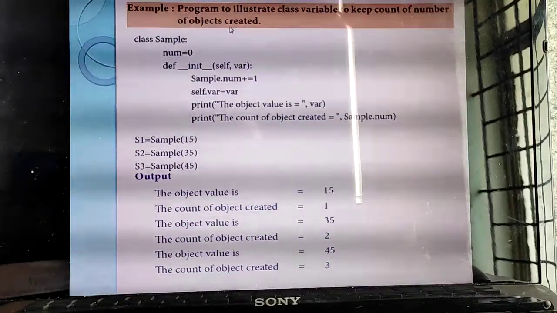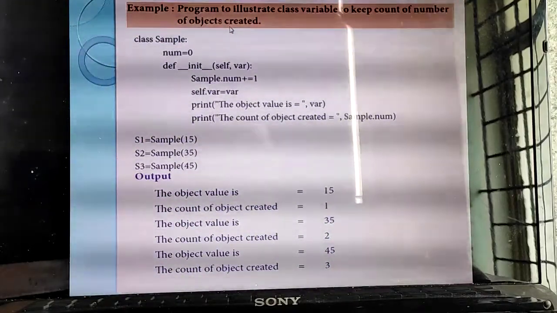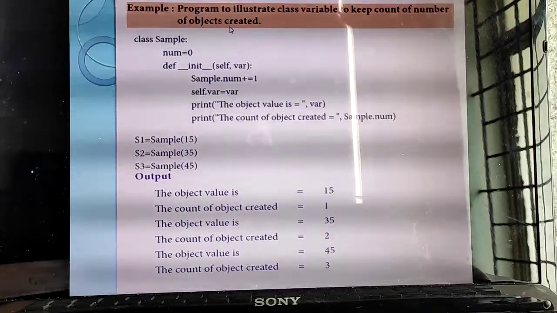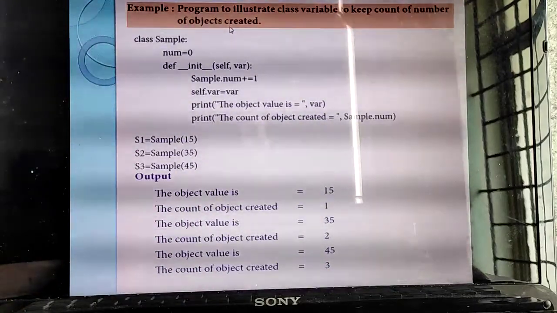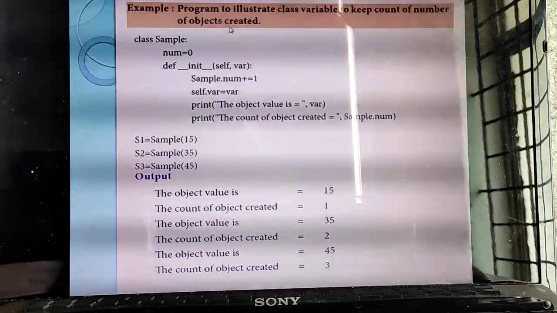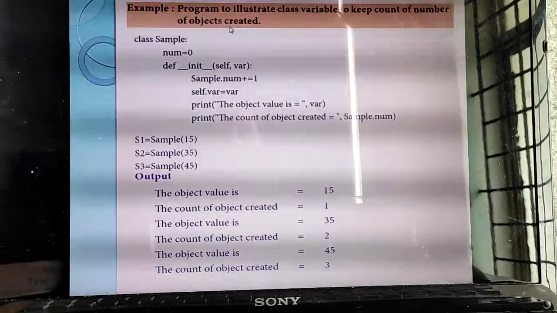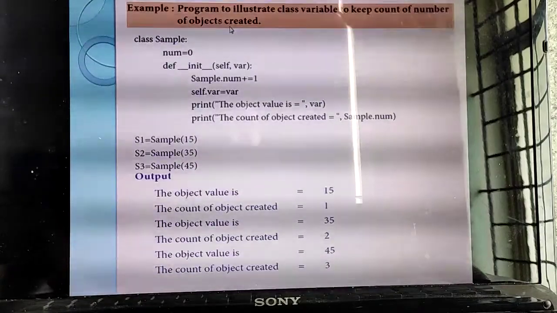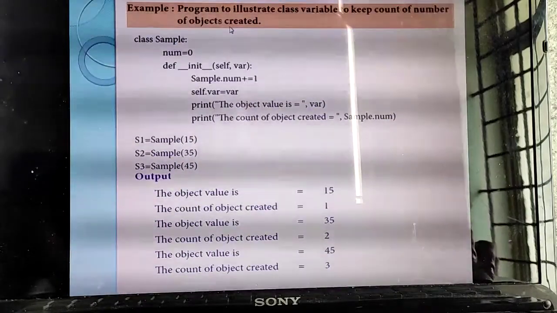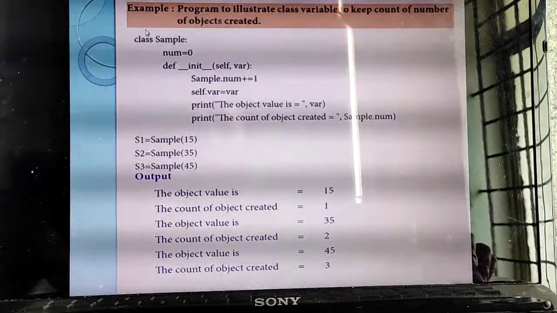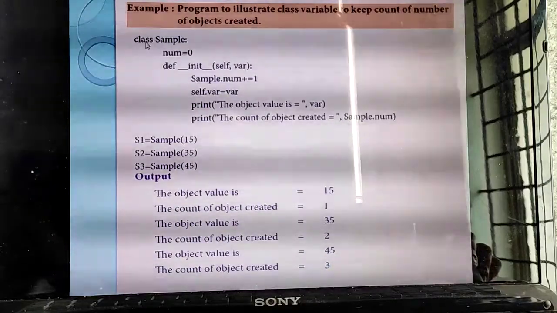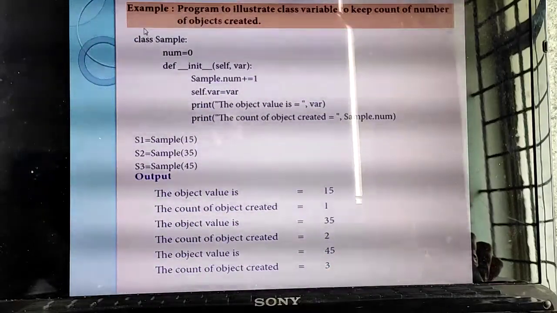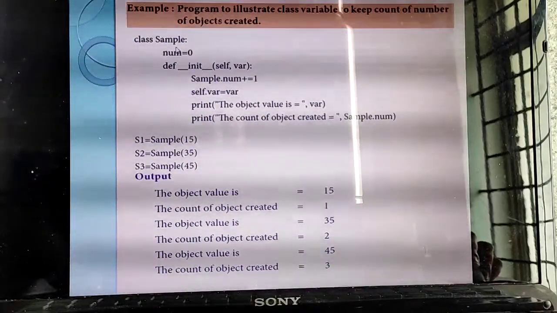Understand what the program is? You are going to create a class. Inside the class, you have created some number of variables, and in those variables you are passing some values. So you are going to count how many variables you have created inside the class. Understand? Listen. So using a constructor you are going to create it. So first, what's the first step? The first step is you should define a class. A class starts with the keyword class, then the class name, colon.